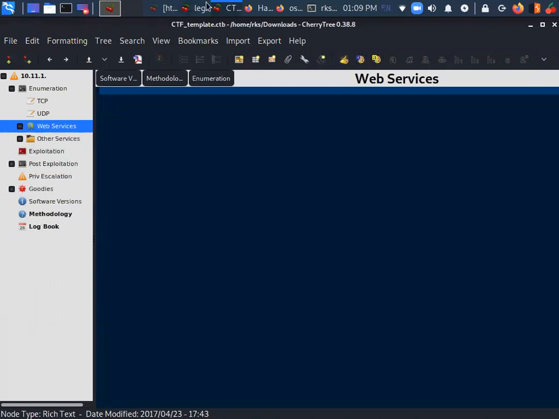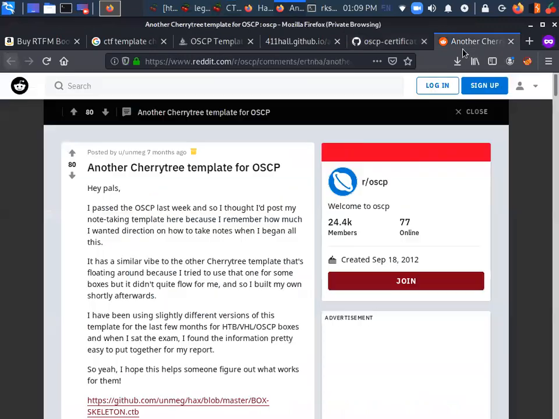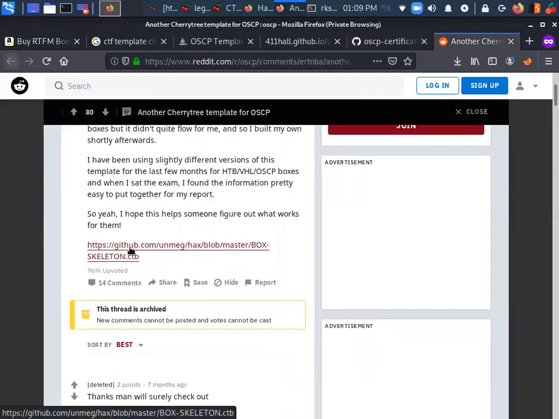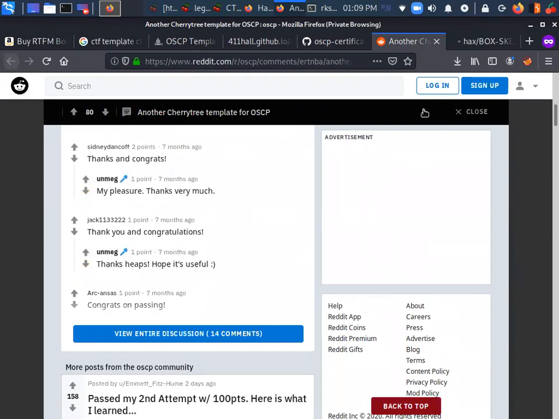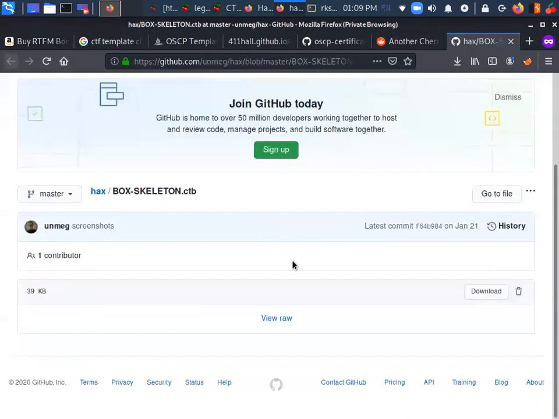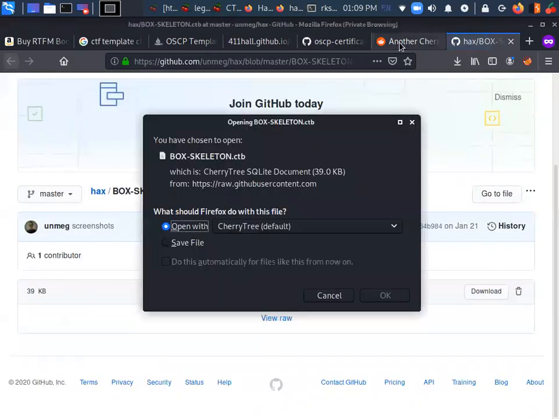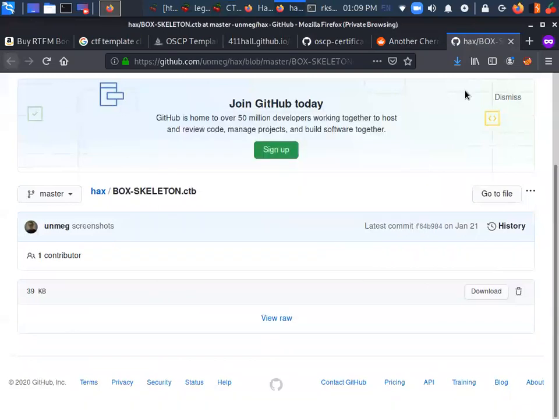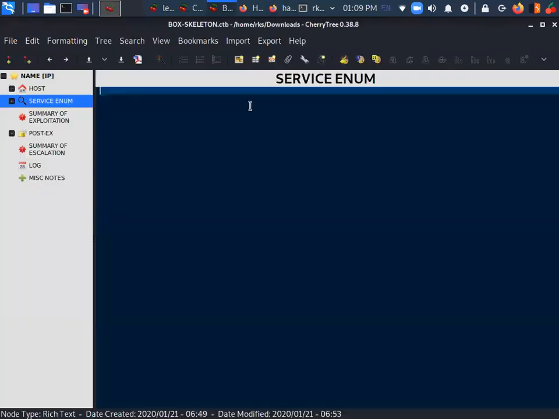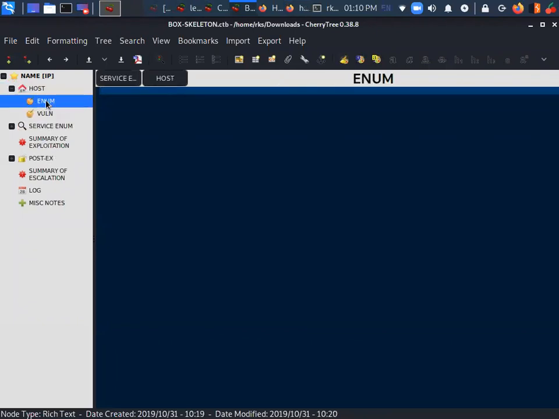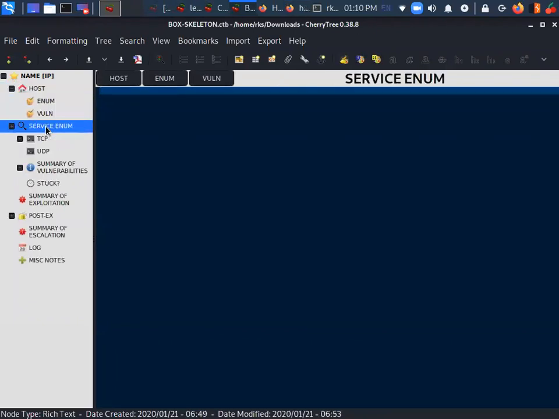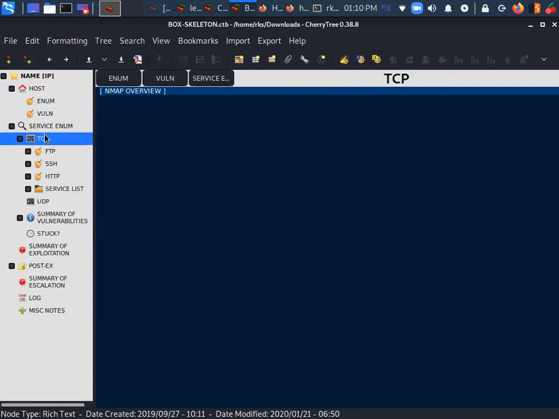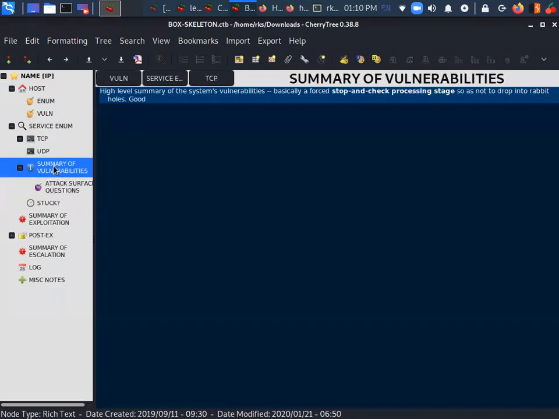This is one template. I do have another one as well. Yeah, this is another one. Here you can see host, enumeration, vulnerability, service enumeration. It is similar to that, but just organized in a different fashion.